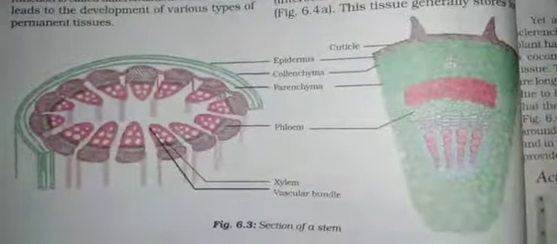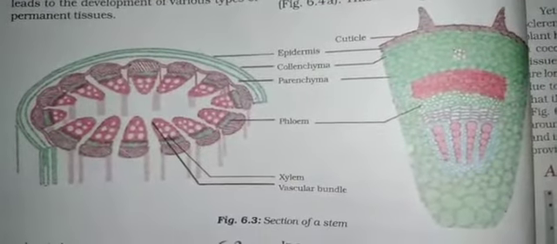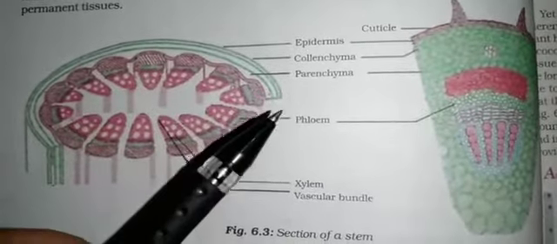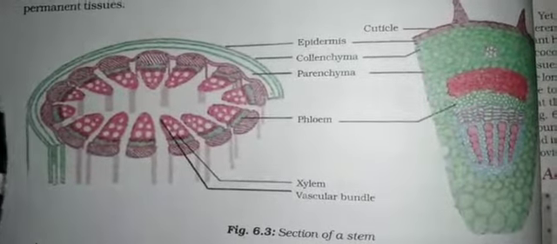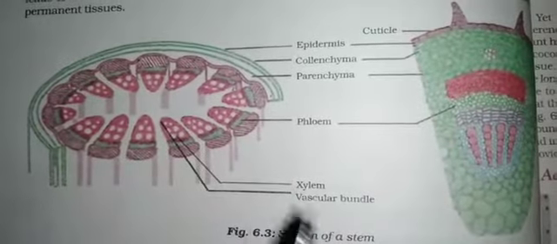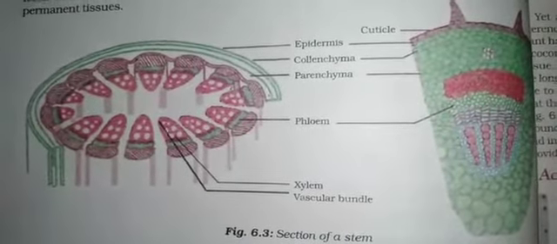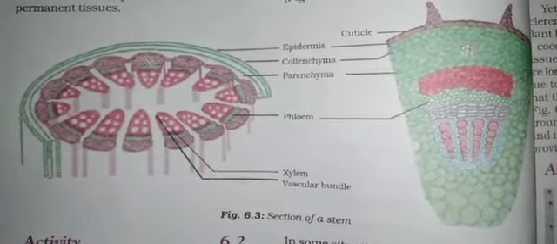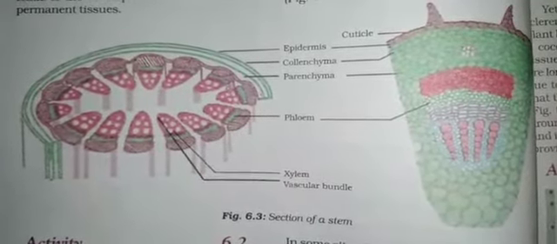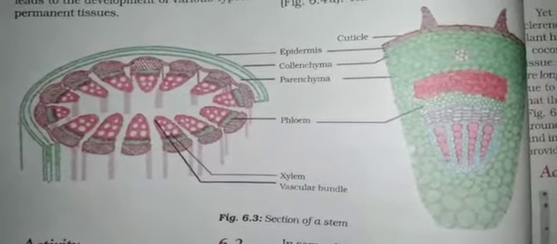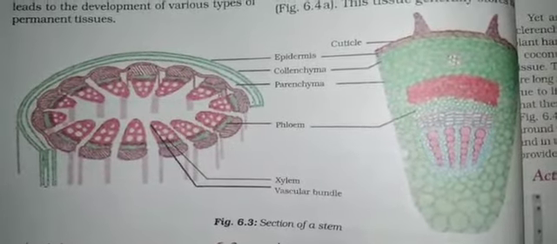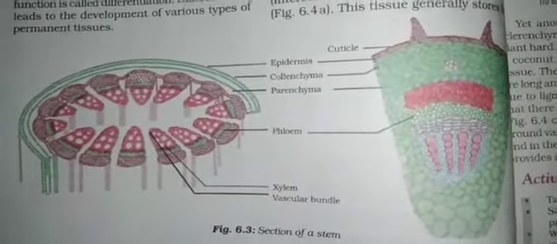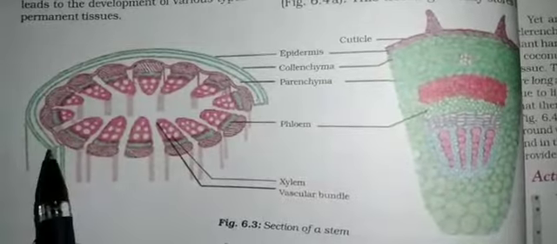Now we'll learn about epidermal tissue. The epidermis is usually made up of a single layer of cells. Okay, here you can find a single layer of cells, and it is the outermost layer of a plant. In some plants living in very dry habitats, the epidermis may be thicker since protection against water loss is critical. The entire surface of a plant has an outer covering, that is this epidermis.